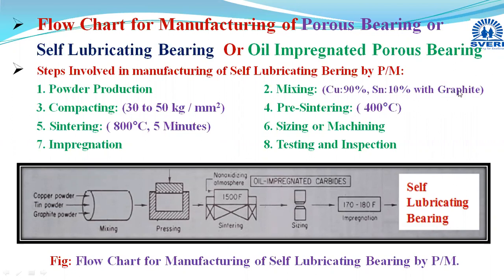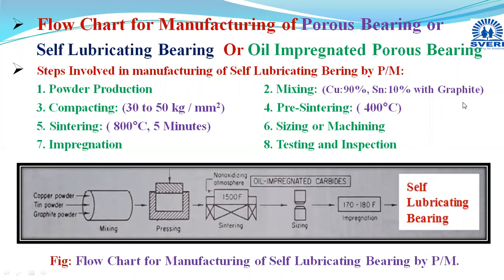This graphite will act as a lubricant, and it will help you in the compacting or pressing stage. Before the sintering step, you have to remove this graphite by conducting one pre-sintering process, because if it gets carried into your final product, its strength will decrease due to the presence of